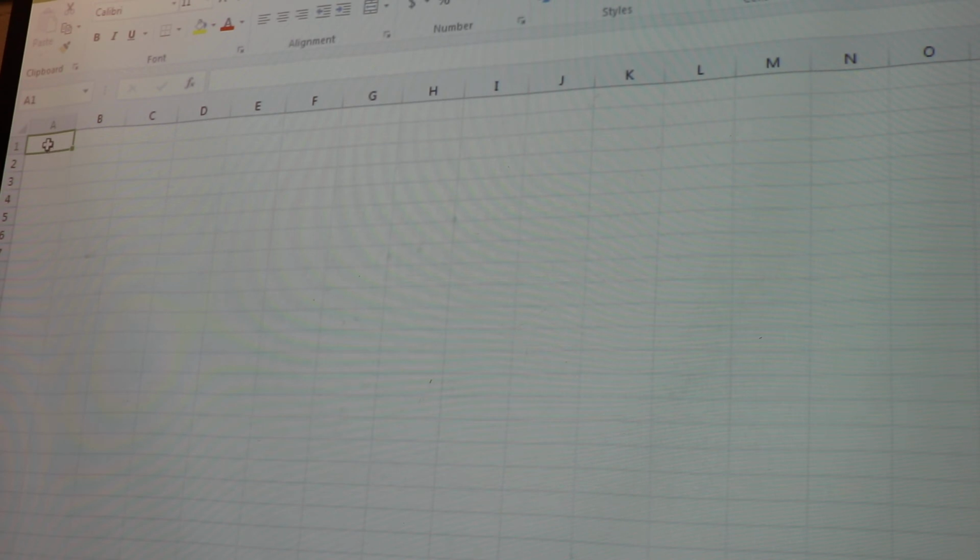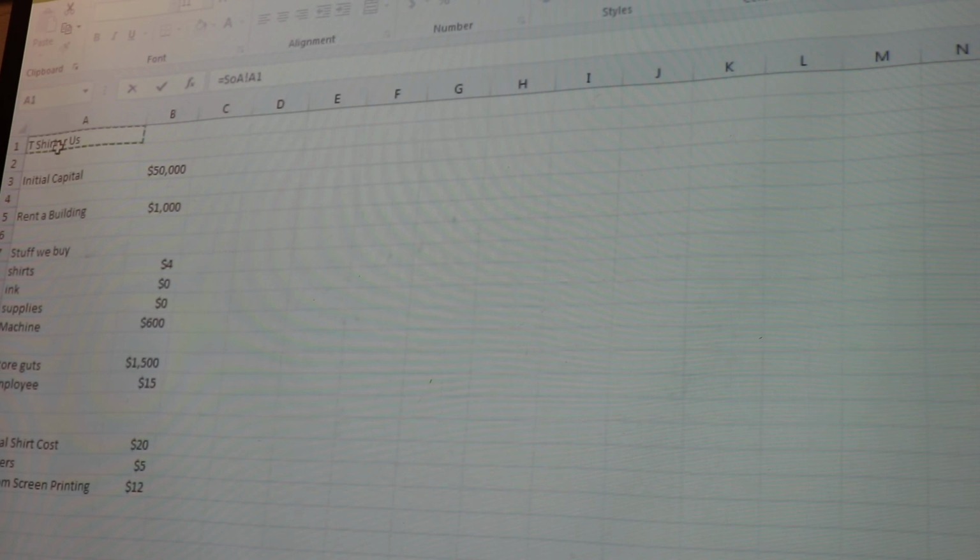Okay, so we're going to label this here, let's say, sales. The first thing we're going to do is put equal. We're going to go back to the statement of assumptions and click on the shirts